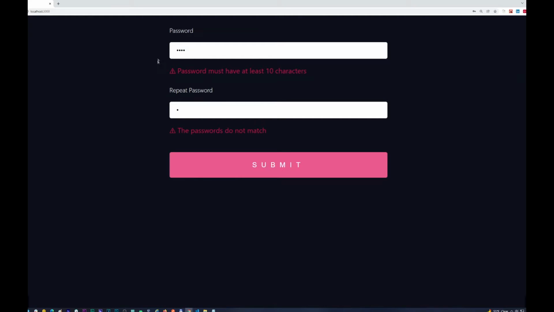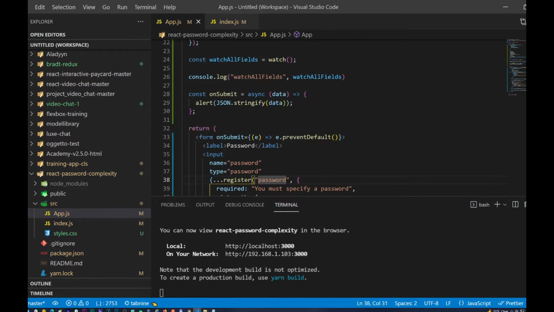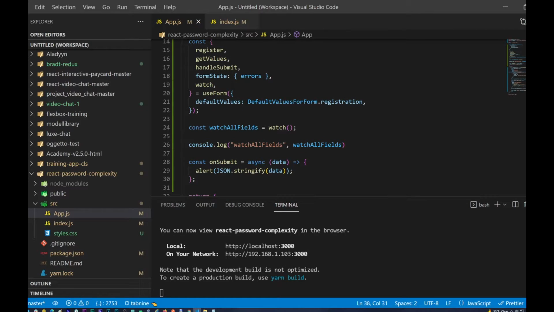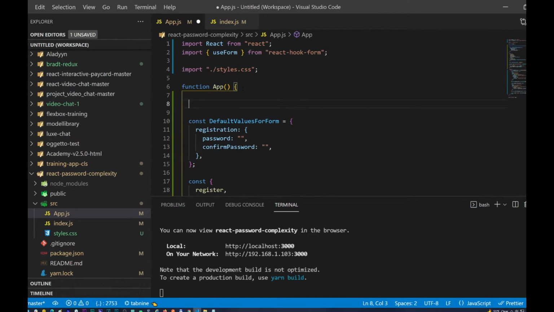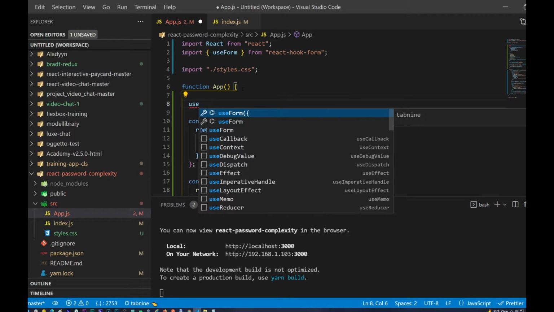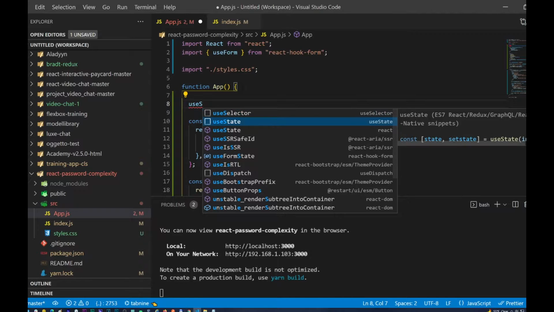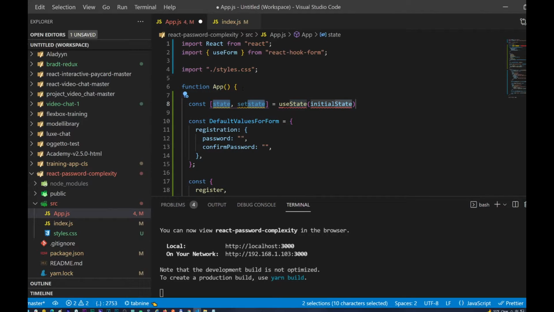And what I need to do now, I just want to spy on this field and have some additional stuff to understand what is going on here. So what we need to add, just simple UseState for this. So let it be in here. So I need UseState and, well,